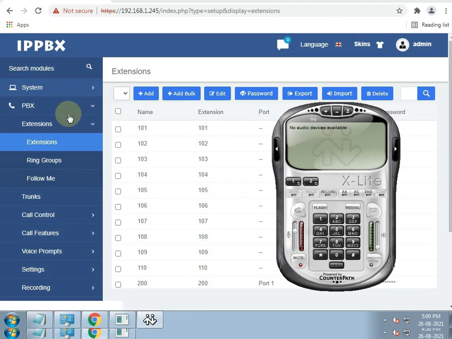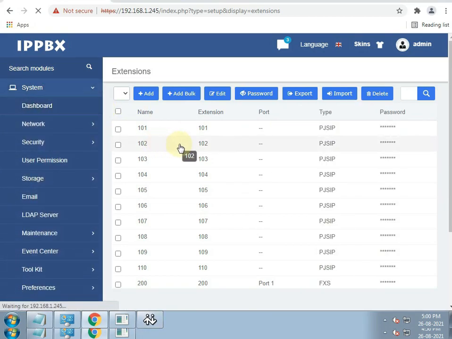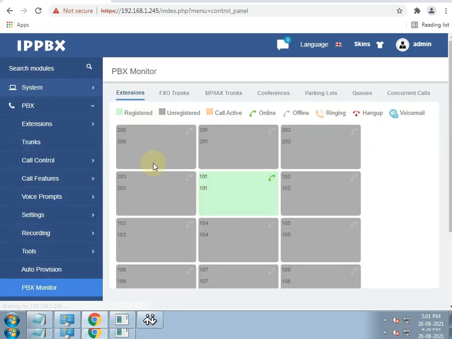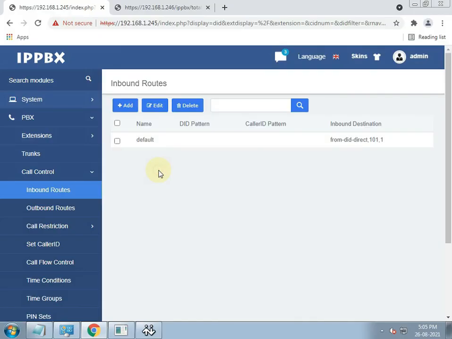Now our SIP extension is registered. Then we will check if it is updated in the IP-PBX also. So click on dashboard, click on PGSIP devices. Here we can see 101 is active right now.